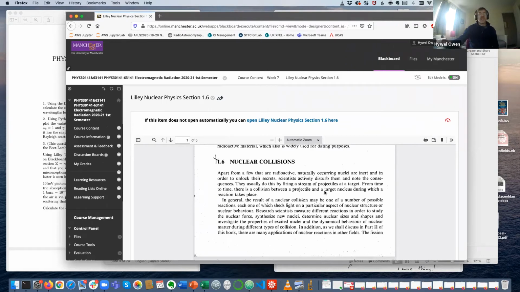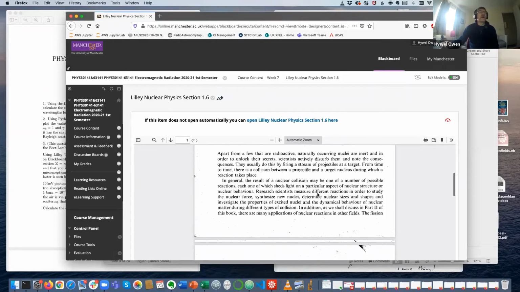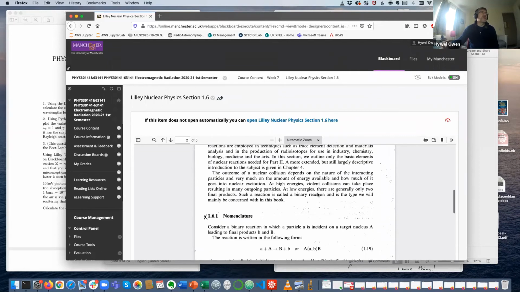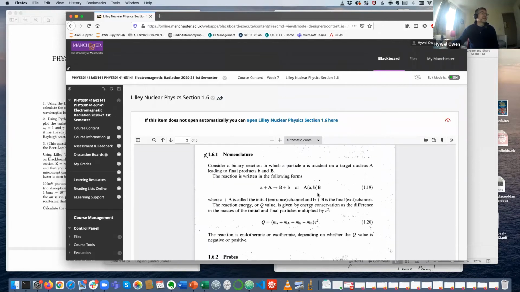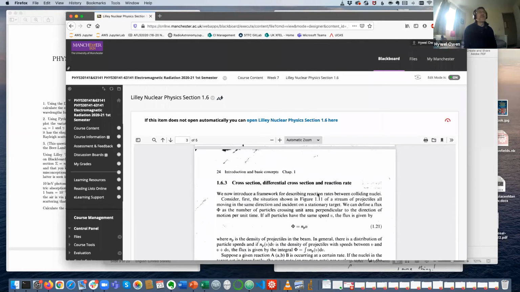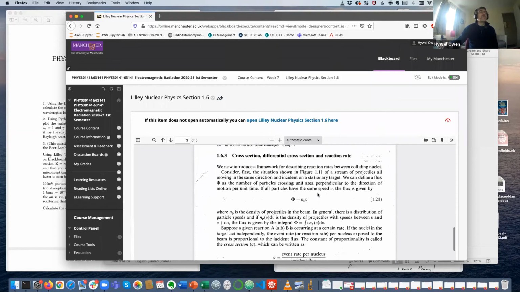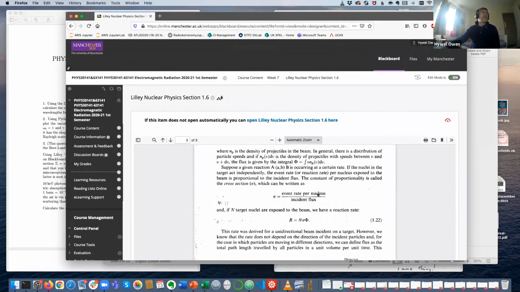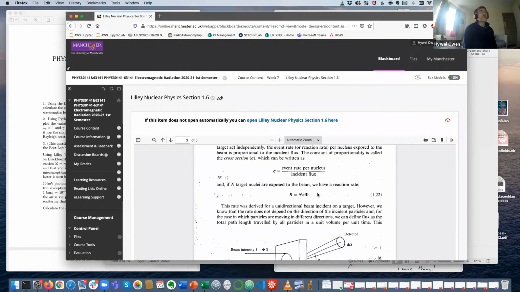And the reason I've asked you to look at this, of course, is that it's very relevant to doing calculations of scattering rates. And it's a commonly misunderstood part of general physics. So the bit we're talking about is the cross section and the differential cross section and the reaction rate. And there are a number of different ways of writing it, but the most important equation is equation 122 in Lilly,